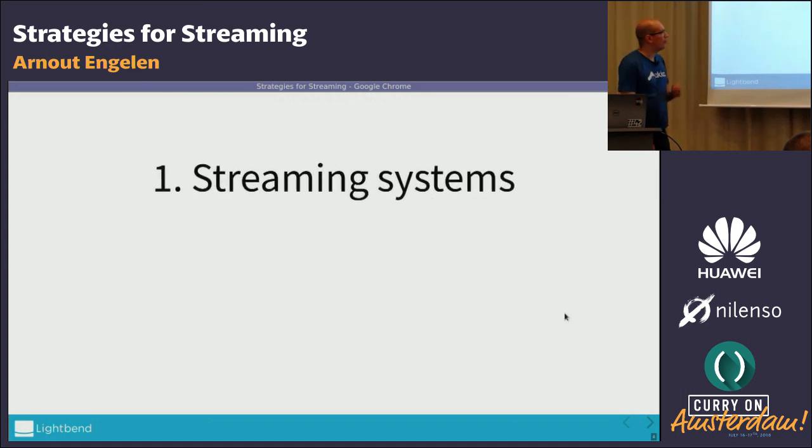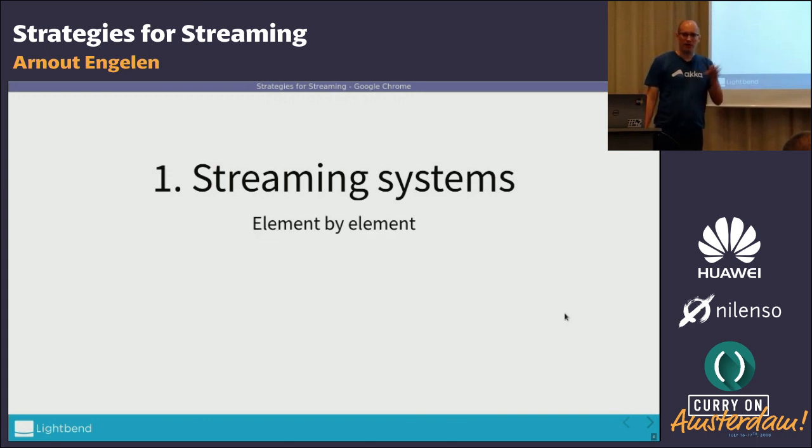So let's start with streaming systems. What does that mean for me today? I think the main defining feature of a streaming system is that you process the workload, not all at once, but bit by bit. So you're not required to read the whole workload into memory first before you can do any operations on it, but you can do it chunk by chunk.